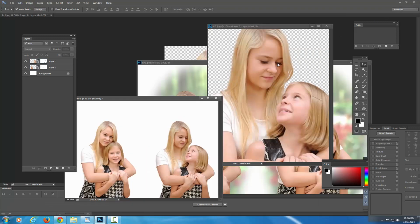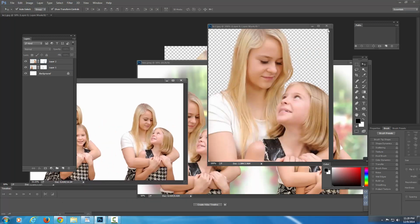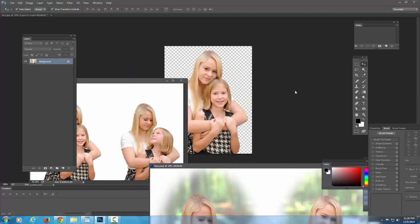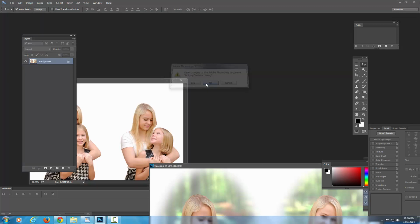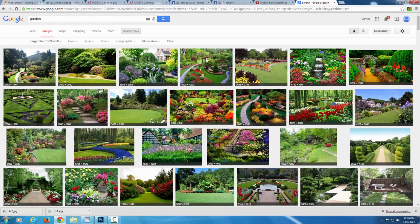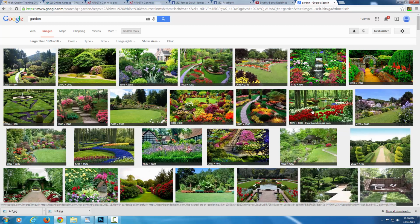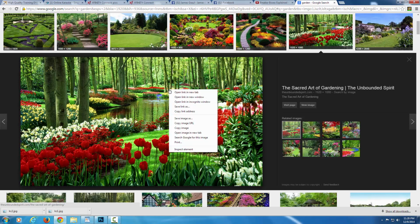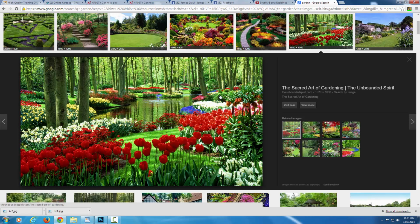Now I'm going to go look for a background. Let's see, I don't need all these pictures up here, so I'm going to shut that down. And I'll keep this. But this one I can shut down. Okay, I did a Google search for images for gardens, and we could pick out anything here. And I think I'll just grab this. It's 1920 by 1080. I'm going to right click and just copy it. I won't bother saving it. Copy image. And then I'll go back to Photoshop